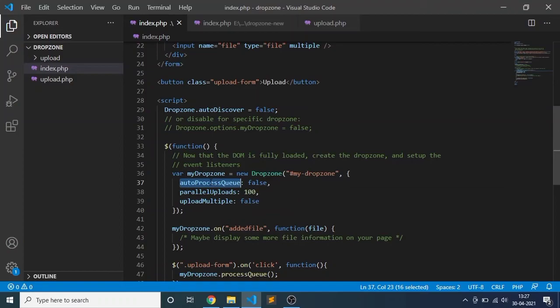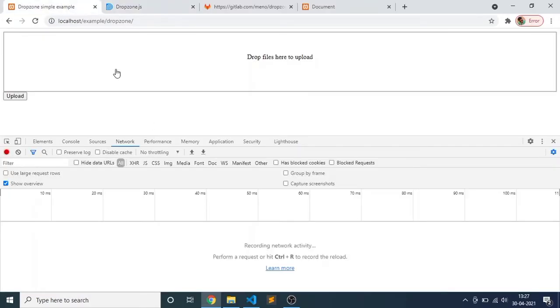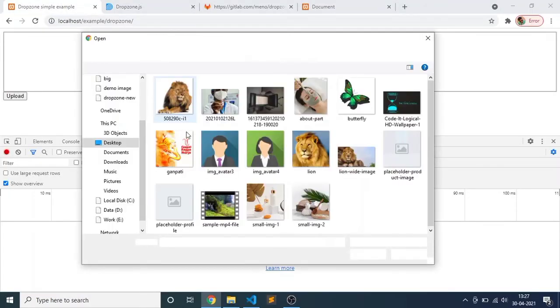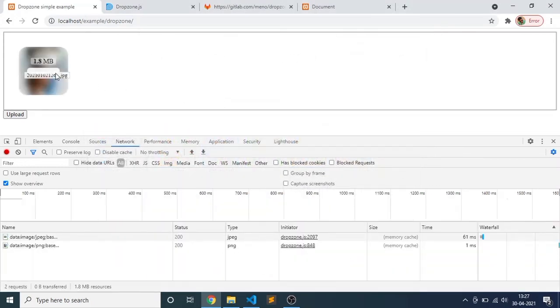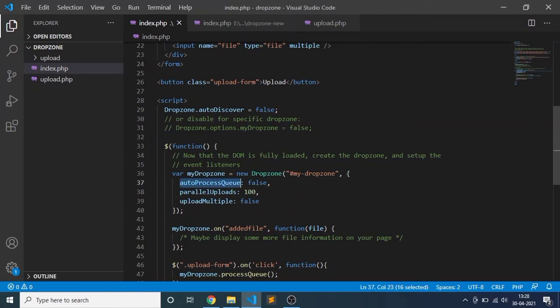Now autoProcessQueue false means when I select images from here, it is not actually uploading, but when I click here, then the process uploads. For this purpose, autoProcessQueue false, parallelUploads, and uploadMultiple false.